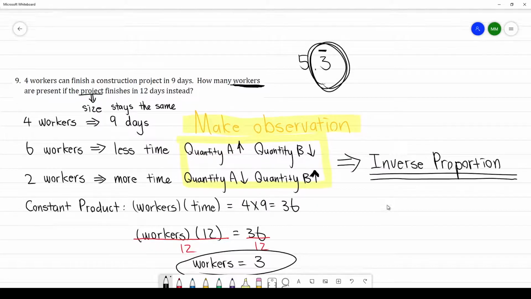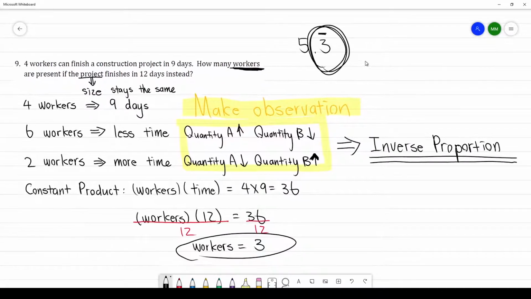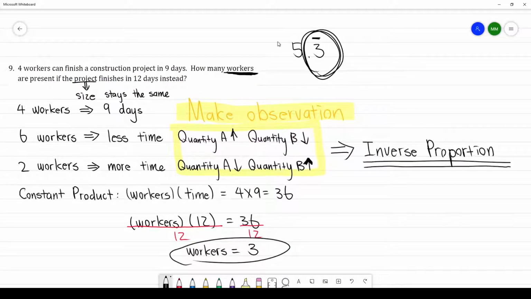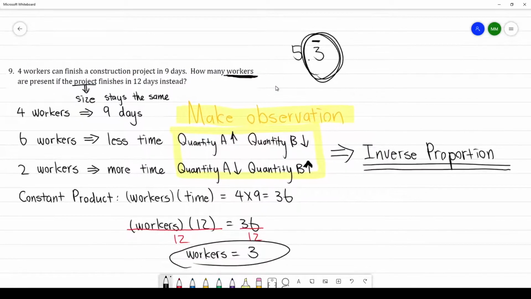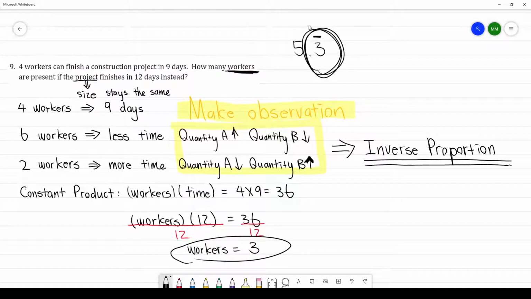So the other thing you have to recognize is how can there be a 0.3 repeating of a person? Intuitively, this should not make sense. You can either have 5 workers or 6 workers, but you cannot have 5.3 repeating of a worker. So when you get this type of weird answer, and I hope this will strike you as weird,